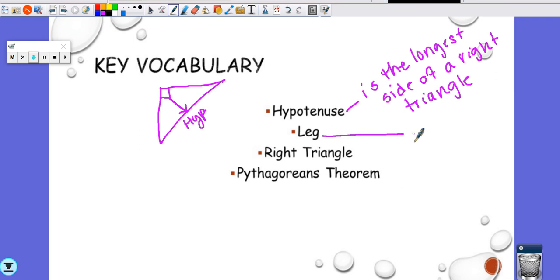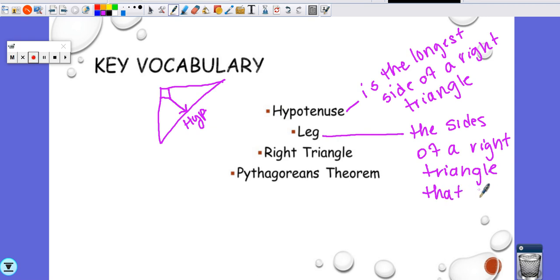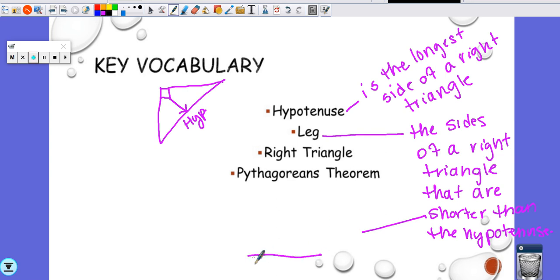The legs are the sides of a right triangle that are shorter than the hypotenuse. Okay, so here's what this means. If I draw a right triangle,